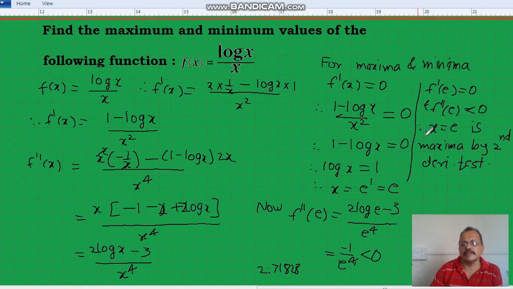And we can find the maximum value, log e upon e. Maximum value is f(e) equal to log e upon e, equal to 1 upon